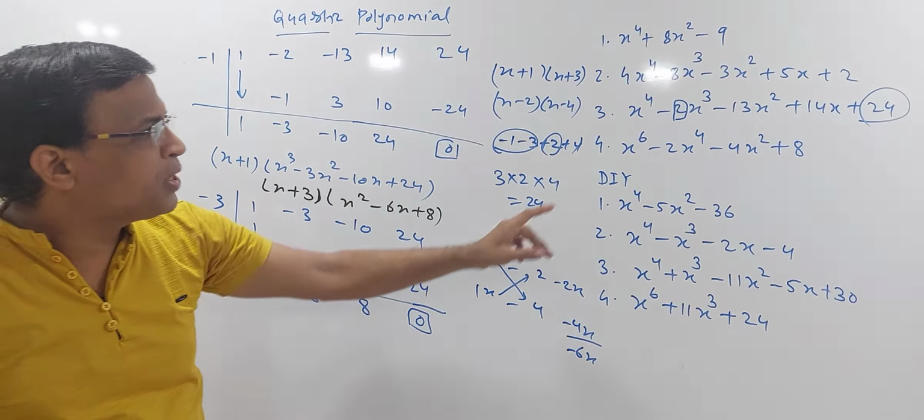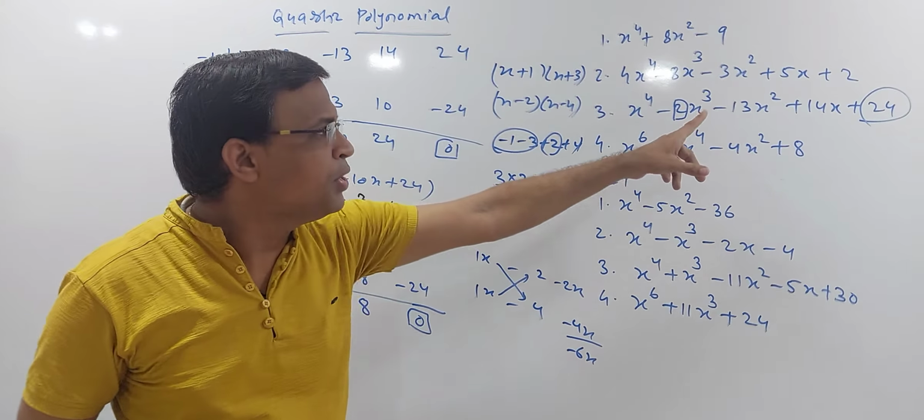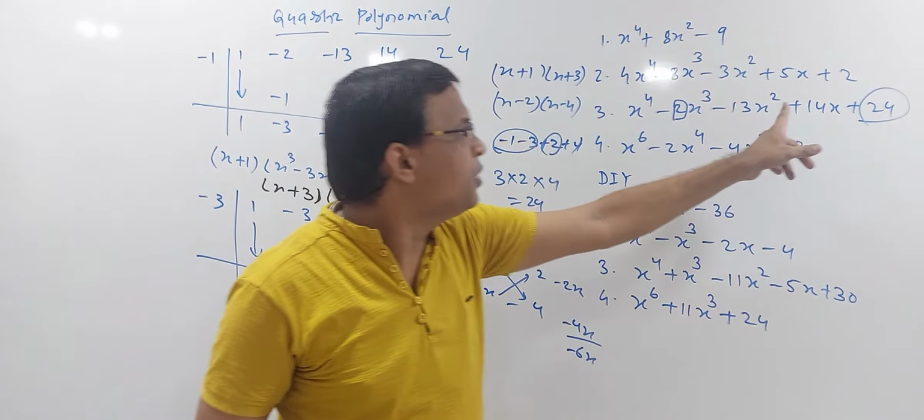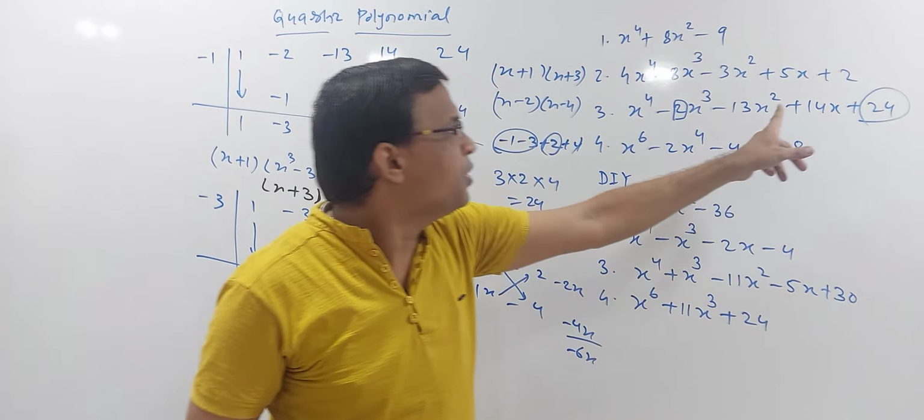The rule remains same. This will give you sum of the zeros. This will give you product of the zeros. This will give you sum of the zeros taken product of 2 at a time, and this will give you sum of the zeros taken product of 3 at a time. There will be in total 6 terms here. There will be in total 4 terms here. Fine. So as we have decided in the beginning that there will be 2 positive roots, 2 negative roots. Accordingly, we got it. Fine.